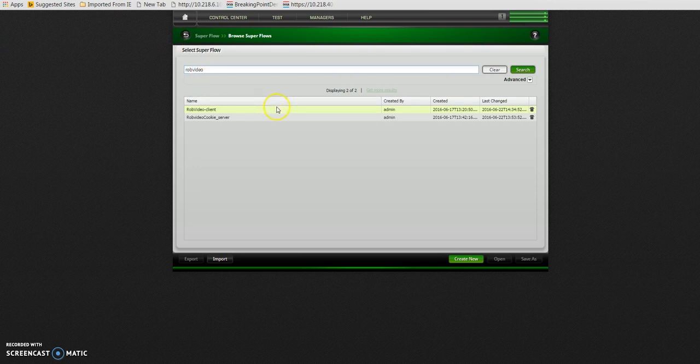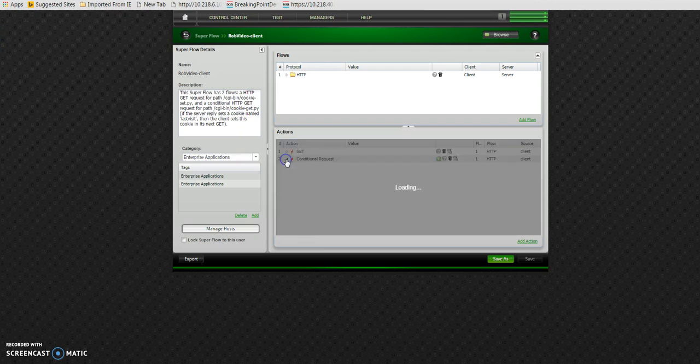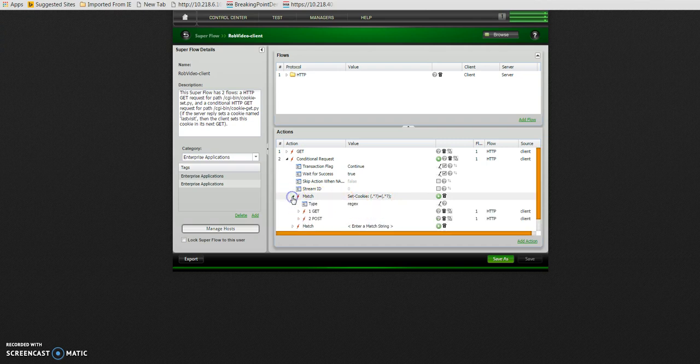I've already made the changes, so we've gone through the mechanics of doing this. I'm just going to take a look at this. This is the client side. We have a conditional response, and instead of what we were using before, we're matching on set cookie, and then dot star question mark equals dot star question mark. Don't forget you want the semicolon here,